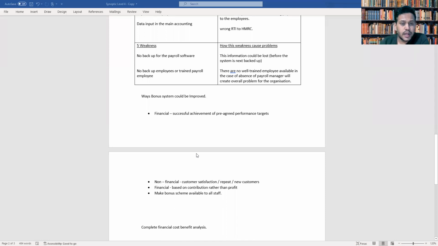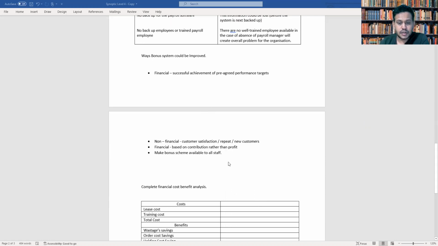They said where the bonus system could be improved. Ways the bonus system could be improved. Now this is very common, so you just memorize it. As long as you see this question, ways the bonus system can be improved, you can say financial,